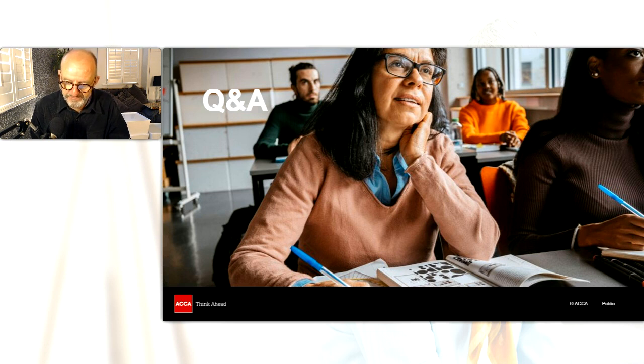Pooja asks how to keep focus during reading long exhibits and how to manage the information. Well, to help you deal with business English that comes in chunks like it does in the pre-seen and exhibits, I would say regularly read business English. Try and read a bit of business journalism. People say to me, well, which one? It doesn't really matter as long as you read some decent business journalism where people talk in business English about business arguments. That is going to condition you to read that kind of English more quickly. So that's going to help you with the focus.